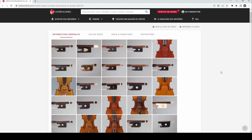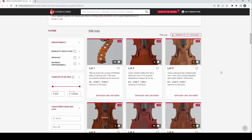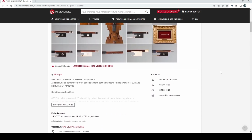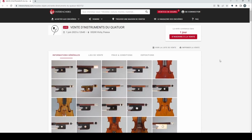It probably means we're not going to look at too many bows, in all honesty, but I will try and look as much as I can. If there's lots of kind of French stuff, I might well just skip over that depending on what kind of stuff it is, but feel free to let me know in the comments if you have any information on any